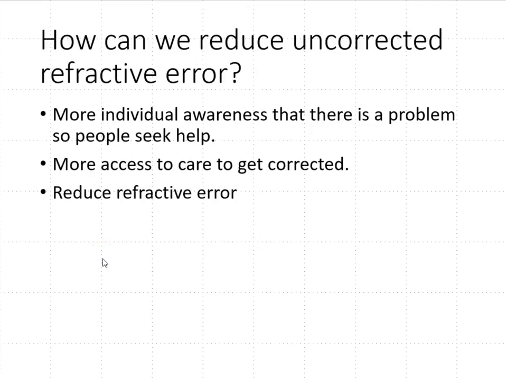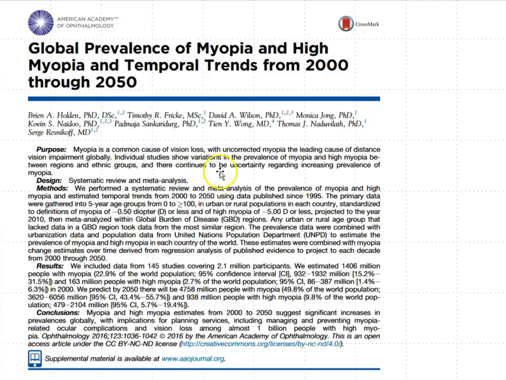But first, we want to expand on this idea. We've seen how many people have unrefracted or uncorrected refractive error. How about just myopia itself? So there's a paper by Brian Holden out of the Brian Holden Institute in Australia, and he looked at global prevalence of myopia and high myopia and trends from 2000 projecting through 2050. And he did a systematic review and meta-analysis, and he looked at a lot of studies, about 145, covering 2 million participants, and estimated that the world has